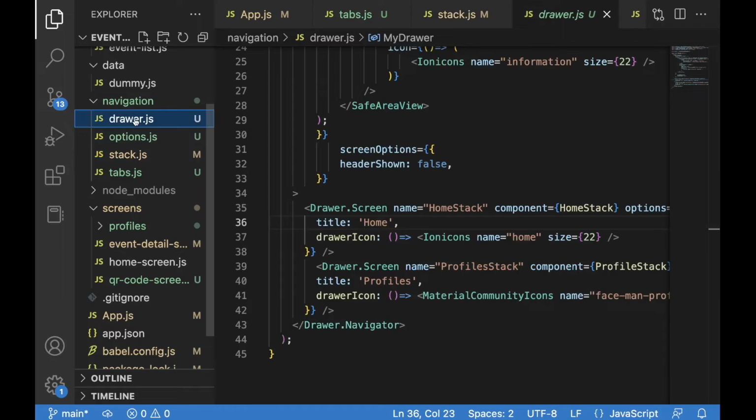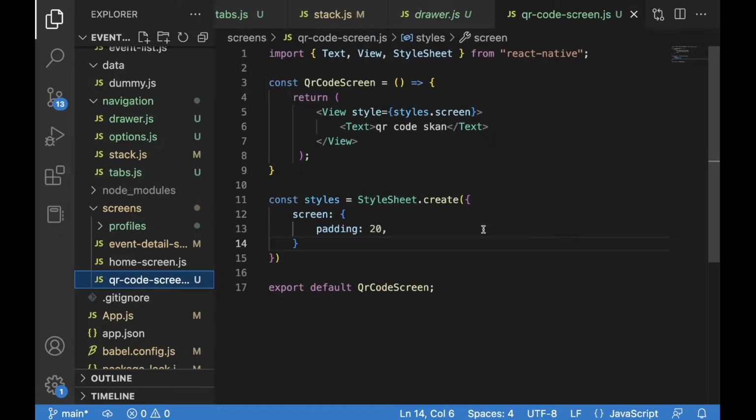I think in the next part we will do the backend part. So we will do some coding in Django, and then we will take care of creating this QR code scan